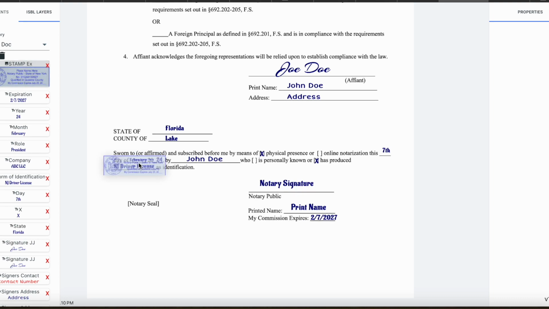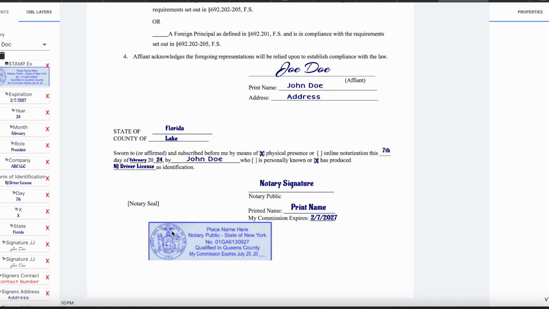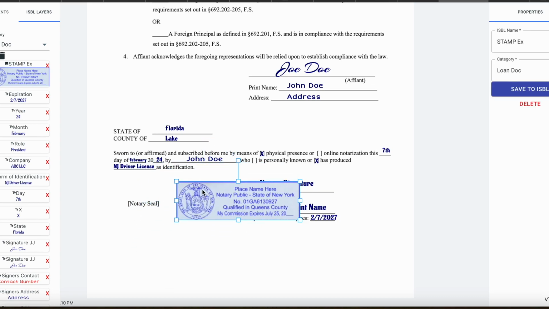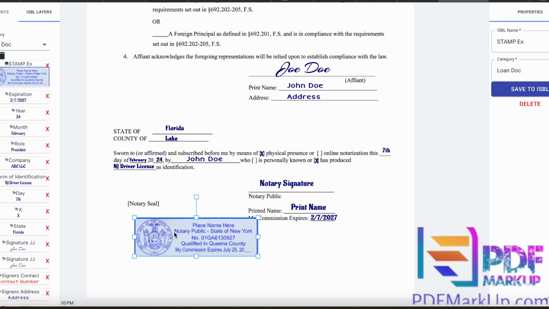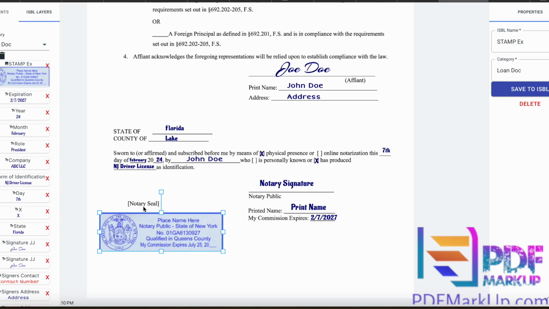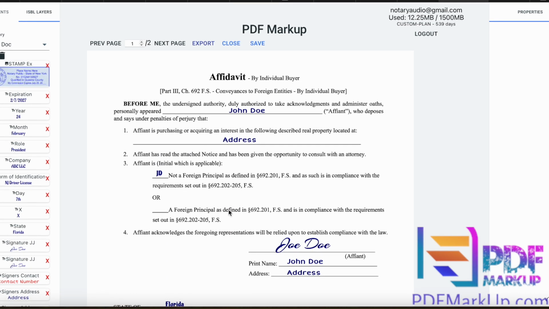So then we go ahead and we're going to put our notary seal. You want to make sure your seal is never covering any of the wording, not even a little bit, like it cannot cover the wording. So make sure you put your seal in a nice space. I always tell people it's good to have a regular size stamp and a mini stamp, just in case you get a paper where the space to notarize is very small, and that does happen. Some states do not allow you to write your stamp in, so you want to make sure you're always prepared. Okay, now this document is officially notarized.